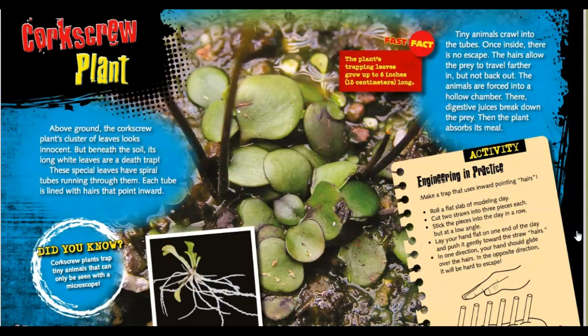The corkscrew plant. Above the ground, the corkscrew plant's clusters of leaves look innocent, but beneath the soil, its long white leaves are a death trap. These special leaves have spiral tubes running through them. Each tube is lined with hairs that point inward. The tiny animals crawl